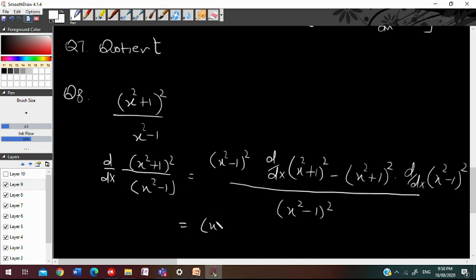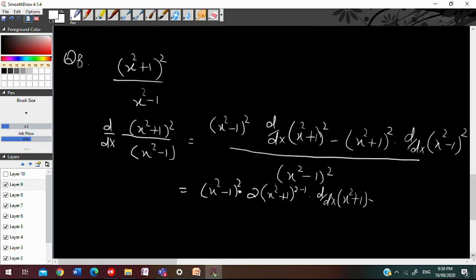When we apply the derivative on this function, first we solve the power, which means we bring the 2 over here, and then (x² + 1) to the power 2 minus 1, and then we apply the derivative on the inside of the function. So first we solve this power, and then we go inside the function. I have done this to explain how you will solve this part.